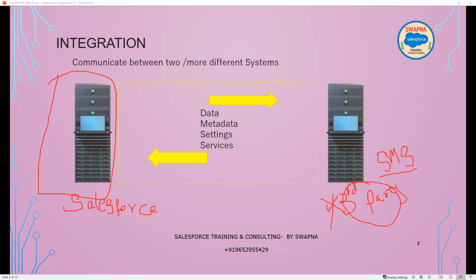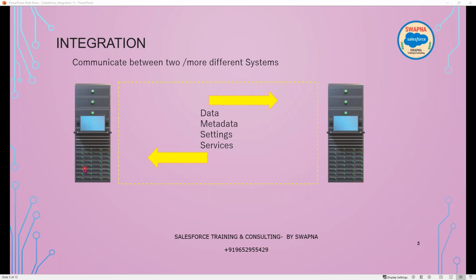Now let's take an example. For example, in Salesforce, we are getting leads from different systems. Leads are generated through the web, manually, and in multiple places. From multiple places, like the web or Facebook or any website, we are receiving the lead. That means as soon as the lead is created in Salesforce,